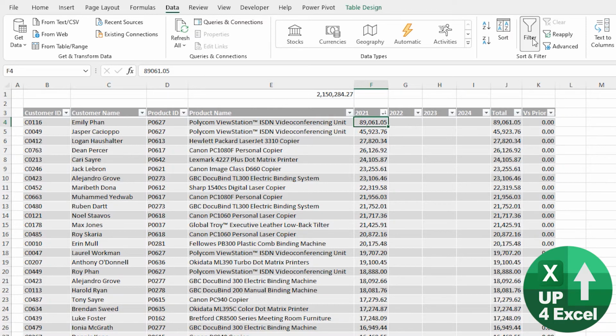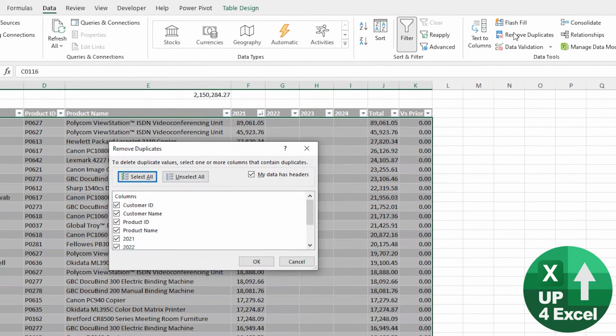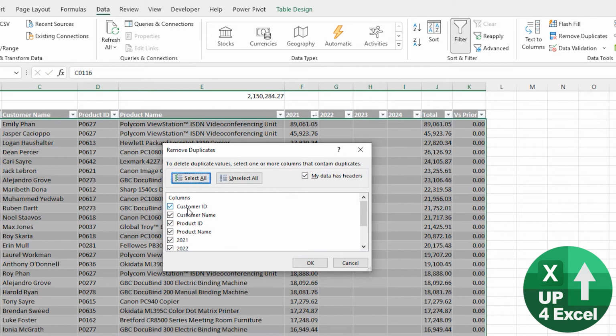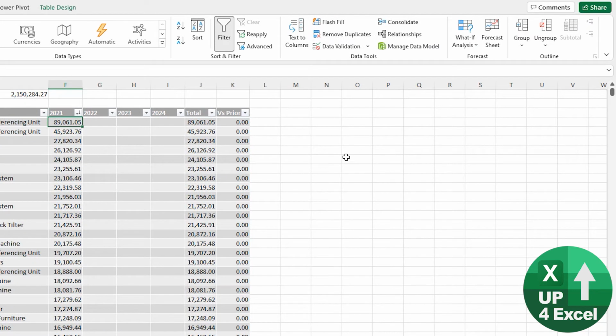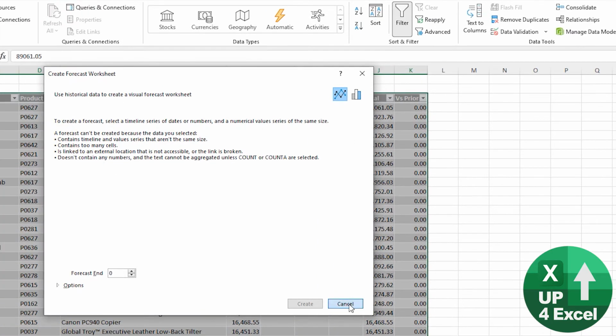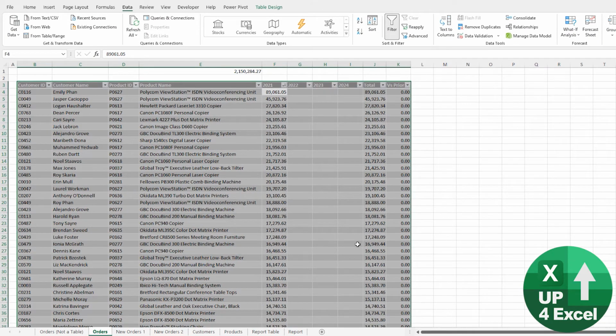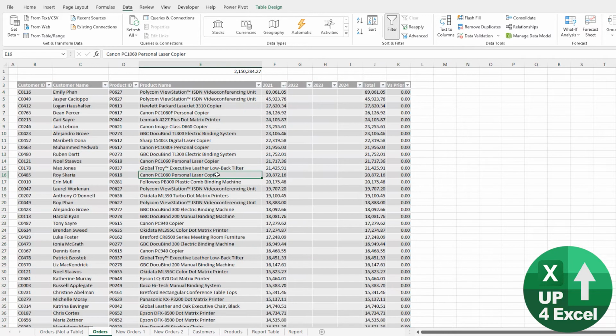Same with the filter, anything like sort, remove duplicates, it automatically highlights that. If you want to do anything like that, maybe something like a forecast sheet, it picks the whole thing up. So any buttons that you hit, it will automatically expand to pick up the data, and that includes shortcut